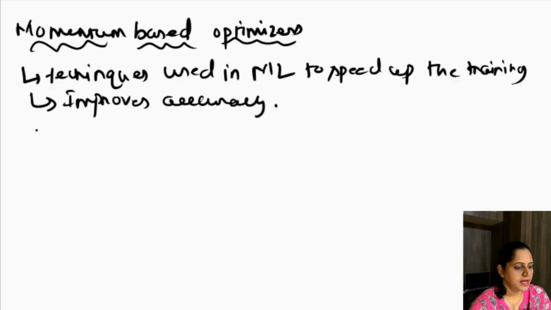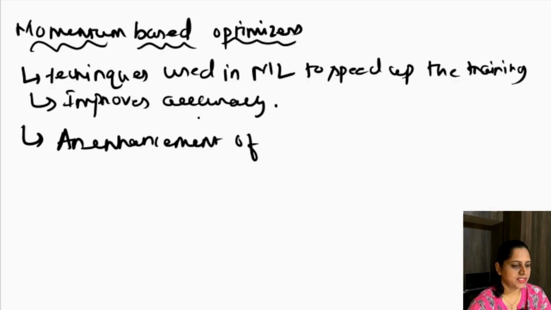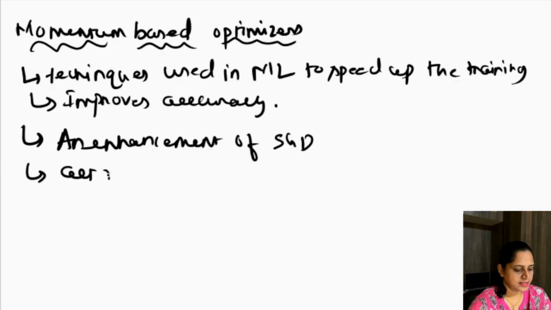And what are momentum-based optimizers? We all know that it is an enhancement of SGD, standard gradient descent. And what it does is it acts like